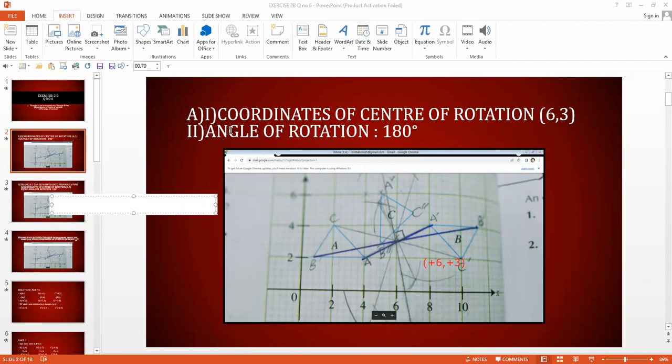Okay, here again I have to write it here. Coordinates of center of rotation 6, 3. And okay, what is the angle of rotation here? First, look here, beta. Here, angle of